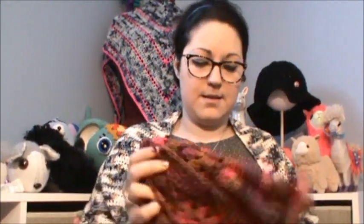So that is my only active work in progress. Still have not finished my socks because I just haven't felt like it. I haven't had the brain power to do that. I'm almost done, but whatever. I'm only working on things that make me happy. I have to remind myself that. So this made me happy. My poncho is making me happy. The sweater by the end wasn't making me happy, but I was so close to being done that I just finished it. And now that it's done, I am very happy that I finished it. So,